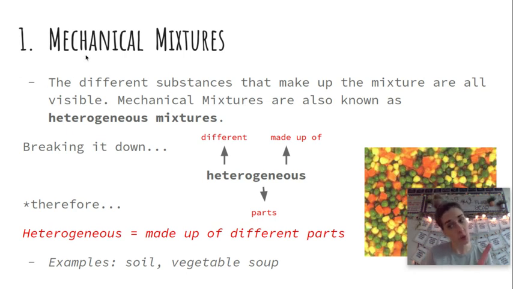And of course, we're going to break this down into its Latin and Greek prefixes and suffixes. So hetero means different, gene means parts, and es means